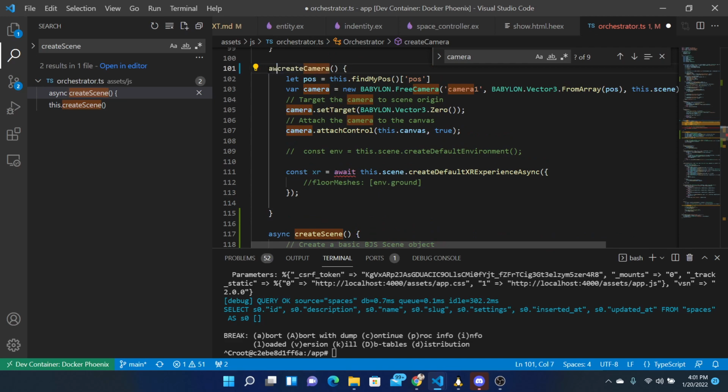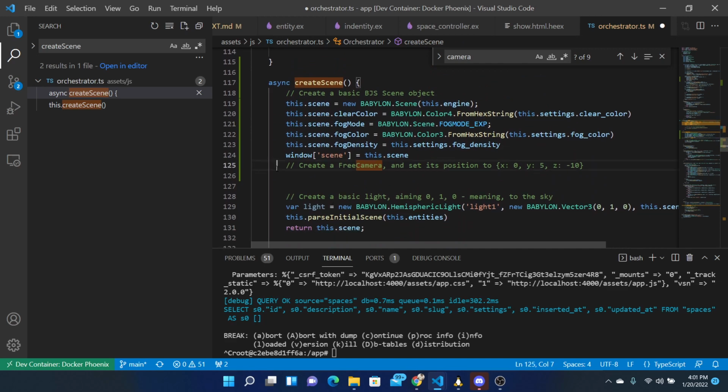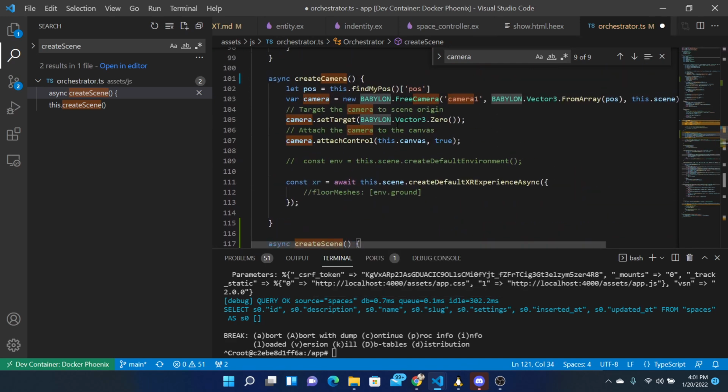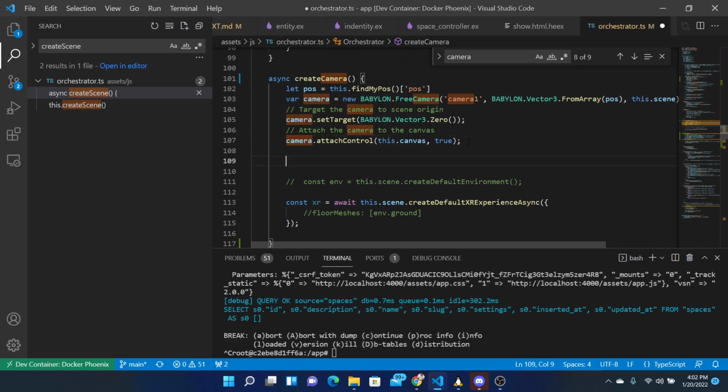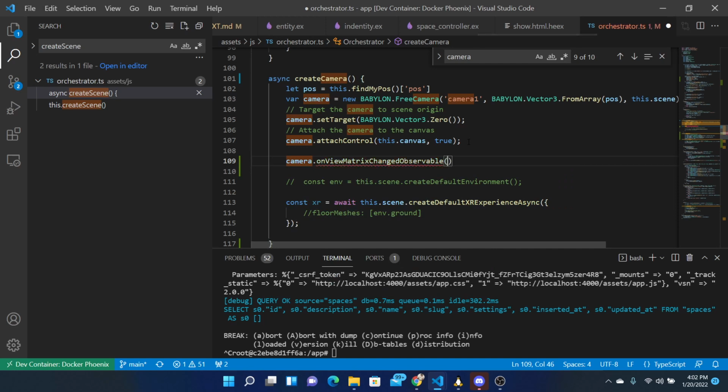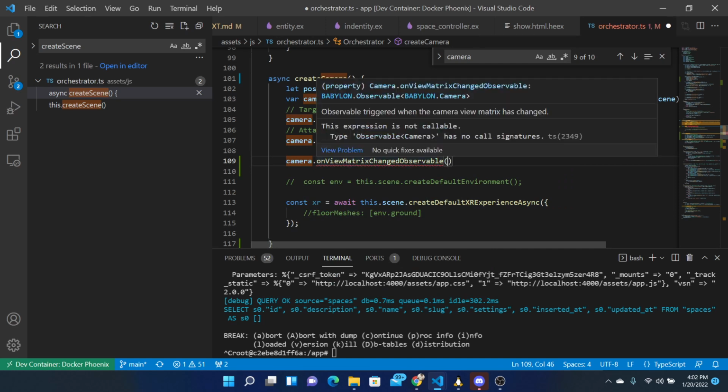So because we have an await, let's make this async. And remove this comment. Let's just say this create camera. Okay. So in this create camera, we created it at the find my position location. And then let's add a hook so that camera on view matrix changed observable,